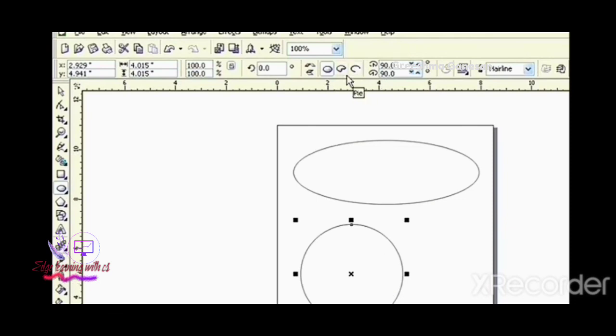This will make a perfect round. If you need to change it to any other pie or arc shapes, then you can get these options available here. Now it is a pie, and if you need to change it again, you know it has the start and end point, and you can change the angle by changing the value. We have changed it, and if you just need to make it opposite, then you can choose this option, clockwise or counterclockwise arcs or pie. Simply click on this option, then it will be reversed.